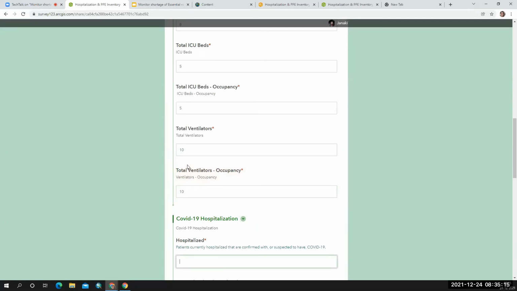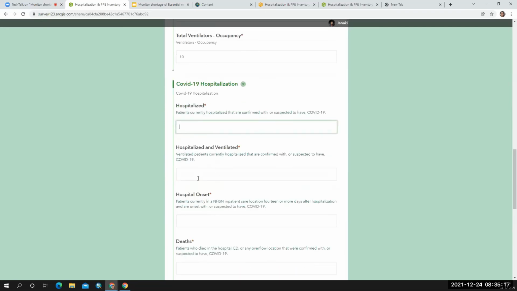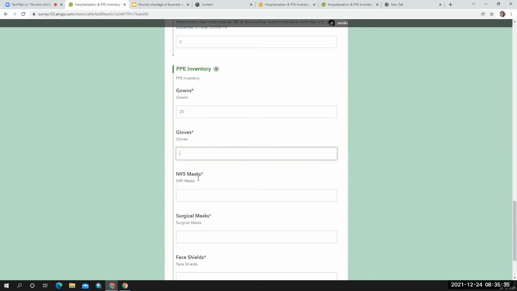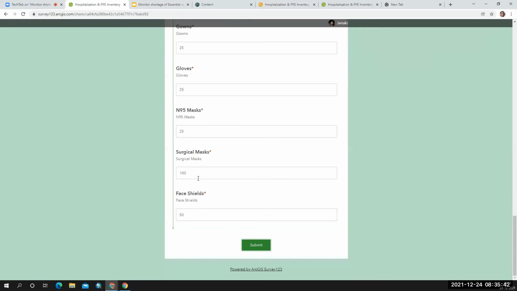hospitalized, how many patients have been hospitalized, hospitalized and ventilated, people who are there in the hospital for more than 14 days, deaths, and the gowns, hospital inventory, how many gowns you have, like gloves, surgical masks, face shields.